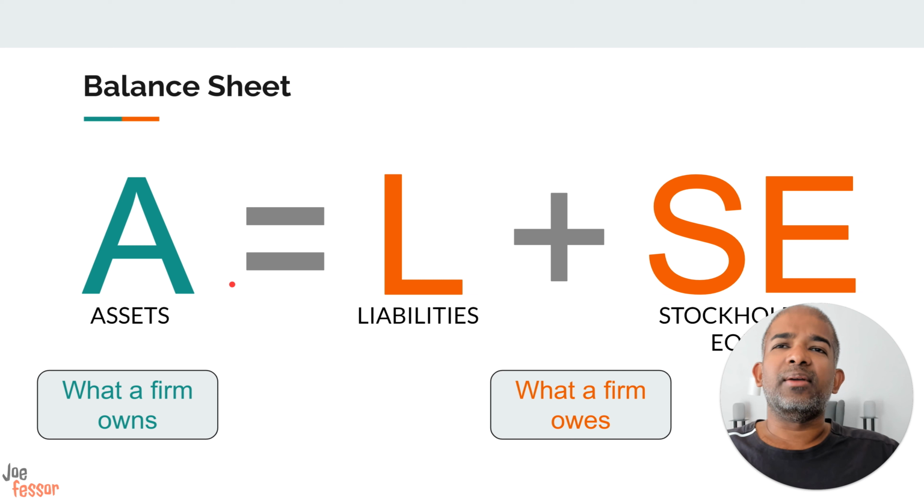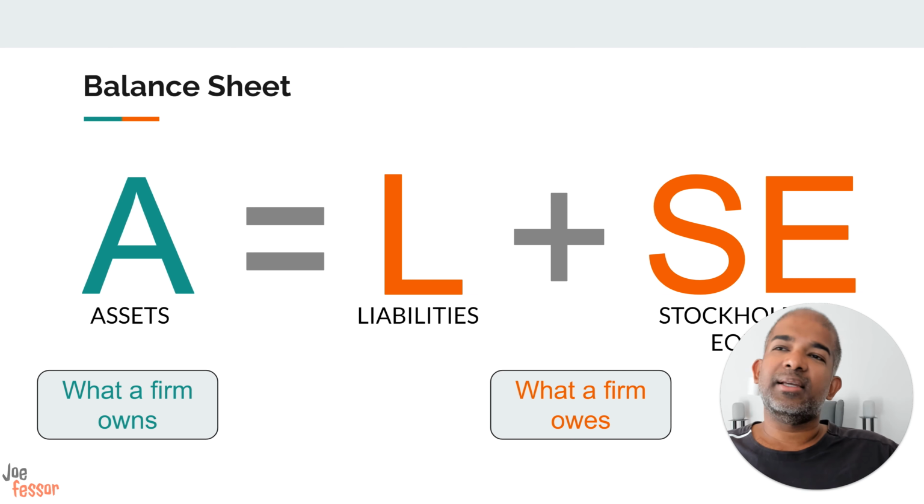Okay, why do we expect this equation to always stay in balance? If you think about it, how does a firm initially raise funds? Either they can borrow some money from their creditors or the owners themselves can invest their own funds into the company, right? Okay. This initial capital can be used to buy assets for the firm. So it's easier to follow why the balance sheet equation stays in balance at the beginning,